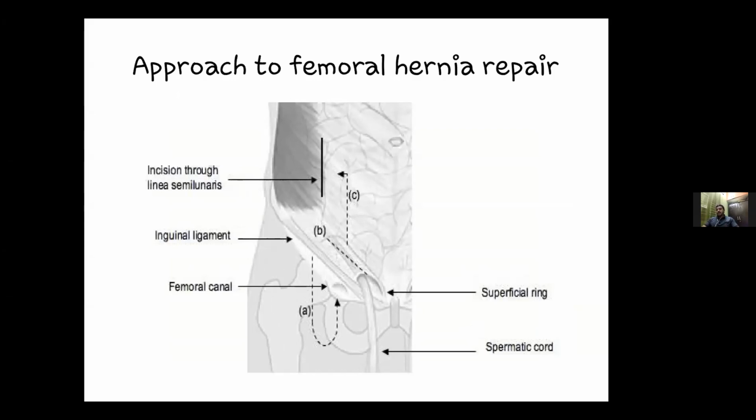There are so many repairs. We'll leave all that, no? Yes, sir. Already it's 8:30. Yes, sir. Because I saw in both repairs, preperitoneal mesh will be placed, sir. Yes. So I didn't find the exact difference between those two, sir. Okay. You want to tell? No, I too don't know, sir. Okay. Answer for that, discuss another day.